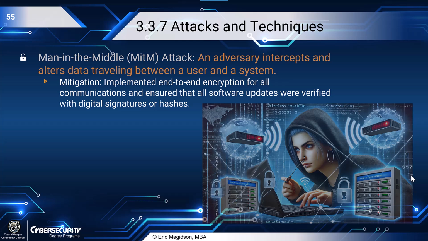So man in the middle is, as it sounds, an adversary intercepts and alters data traveling between a user and a system. So remember we talked about IP address spoofing? That's part of a man in the middle attack. They use an acceptable or an approved IP address, or they make their traffic look like a legitimate node on the network, and thus send their packets instead. So they would get the packets legitimately because they're in the middle from the node, and then they modify them